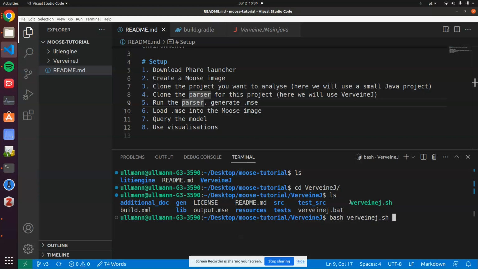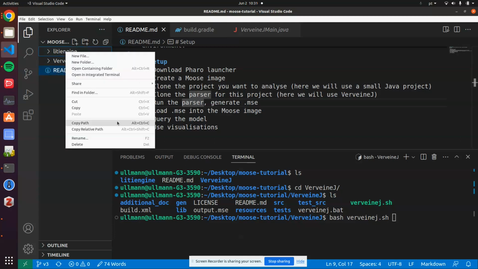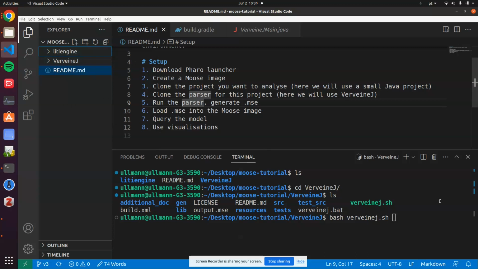And then as the only parameter to this bash script, we have to pass the path to the Java system that you want to analyze. So I will click here with the right button and copy path to Lady Engine, and then go here in the console and paste it. So I'm gonna run VerveineJ on Lady Engine, and then you enter,